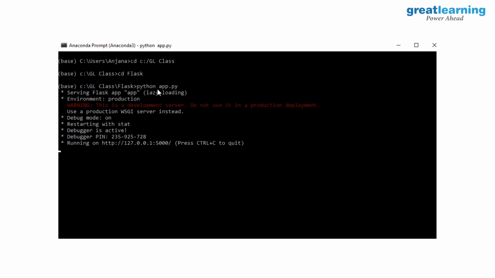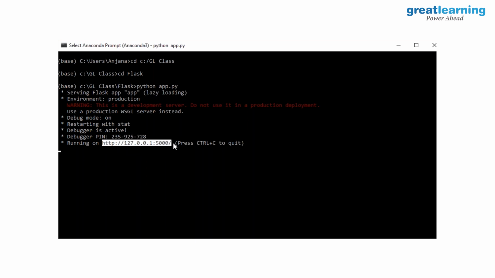Okay. Once I say python app.py, this is a lazy loading. Lazy loading means, in the software industry or in web pages, whenever you see lazy loading, it means these are not loaded automatically. Whenever you request for it, it loads it. So this command will take another couple of 2-3 minutes, and then it will show you a URL, which is this URL.